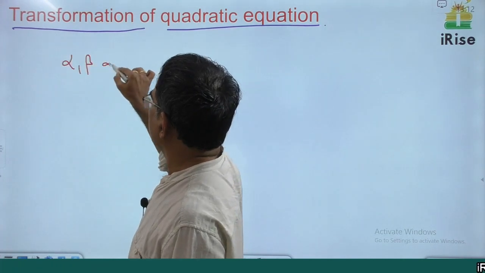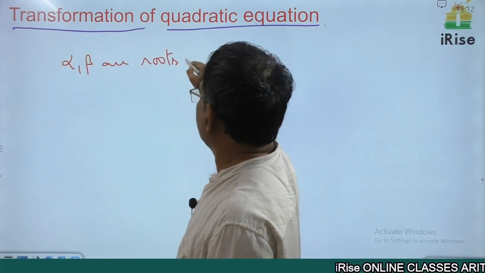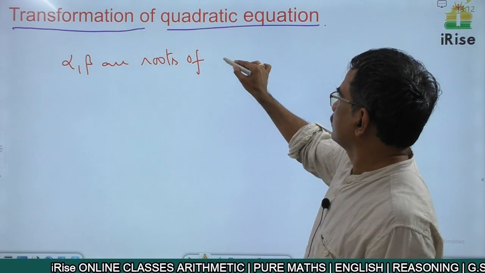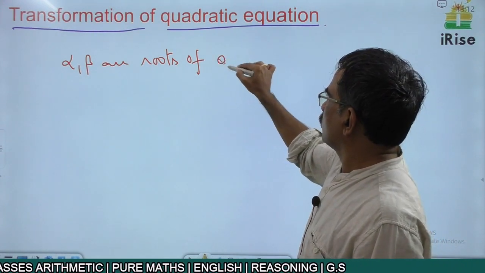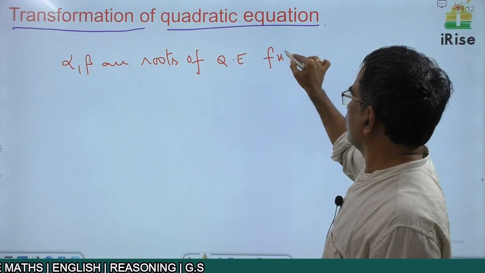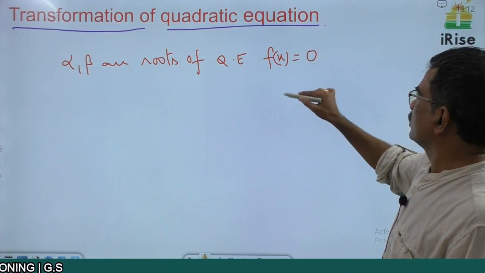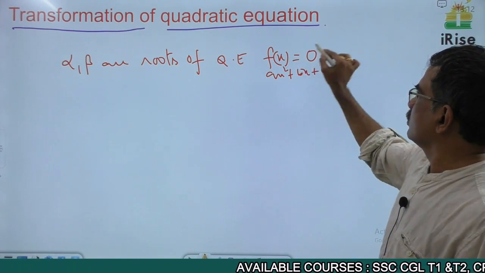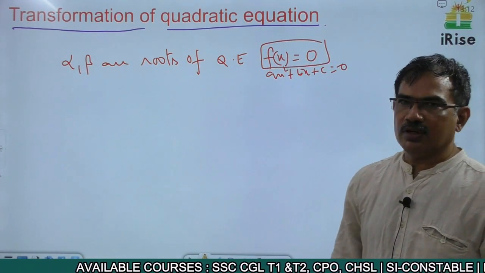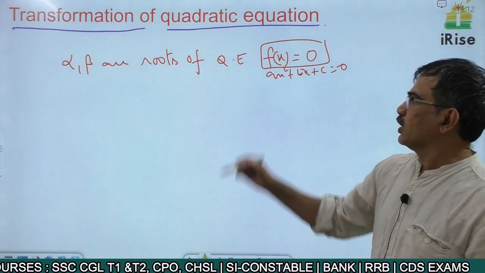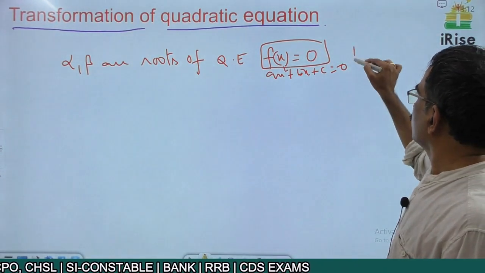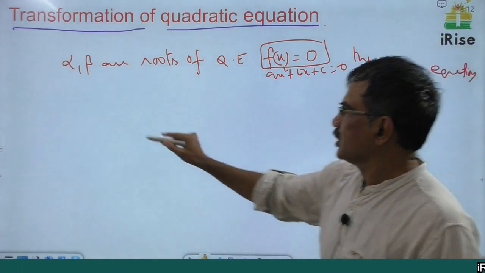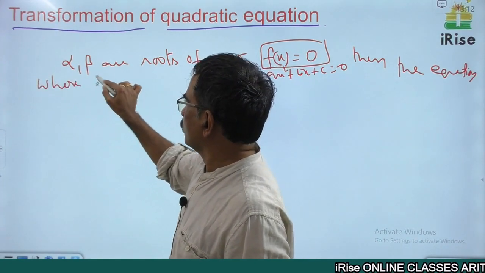If alpha, beta are roots of a quadratic equation f of x is equal to 0, that is ax square plus bx plus c is equal to 0. Generally we write like this. If alpha, beta are the roots of a quadratic equation f of x is equal to 0, then the equation whose roots are